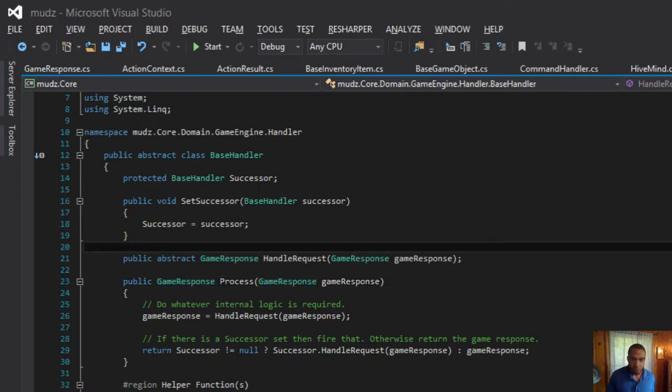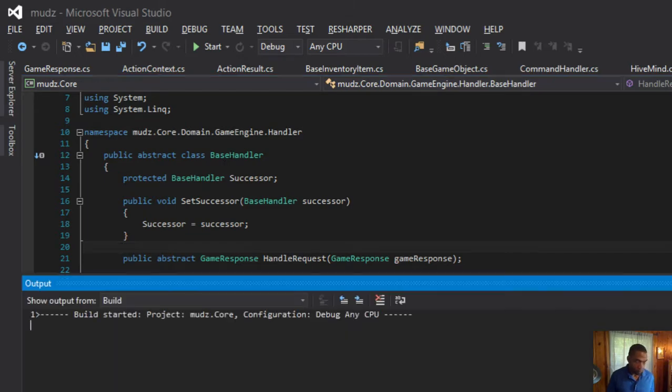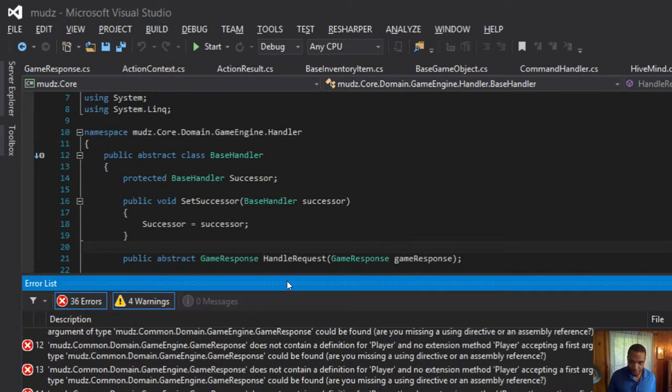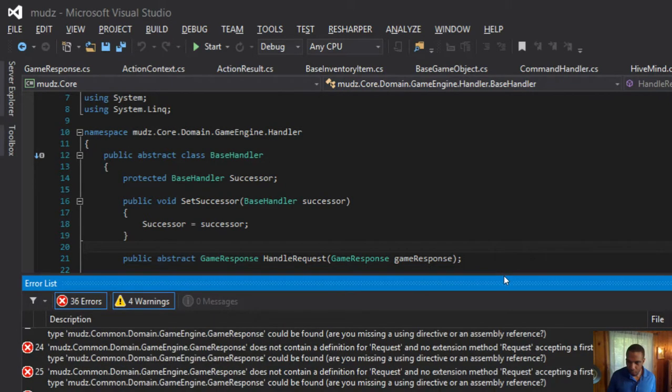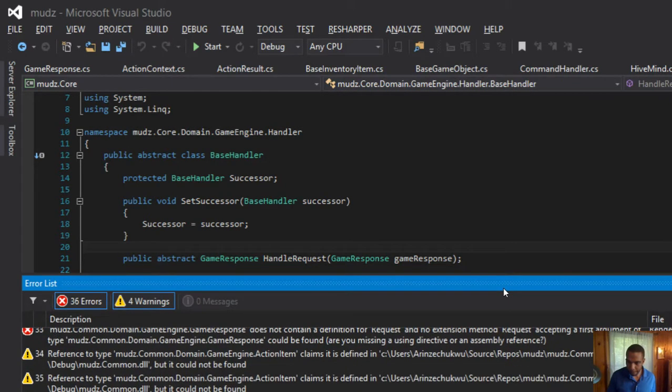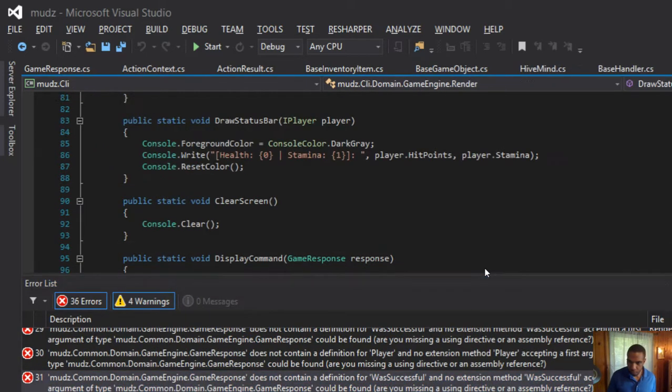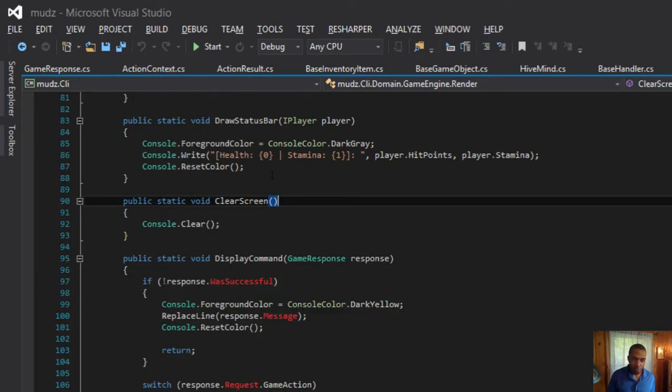Okay, so let's get our mind back in the game. So it looks like a lot of our stuff right now, let's do everything but the handlers.